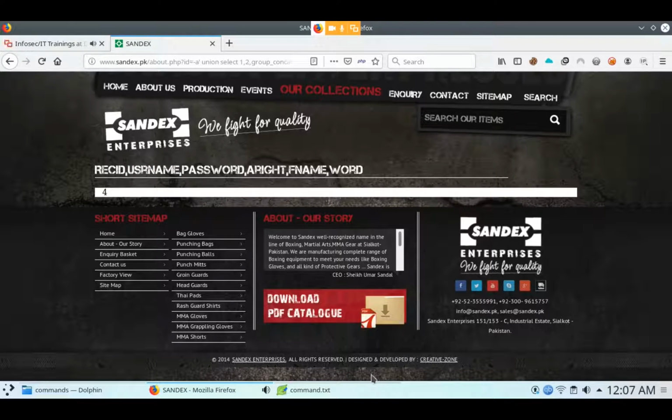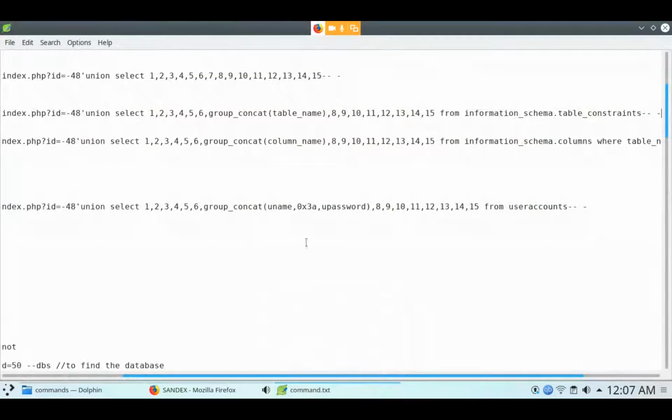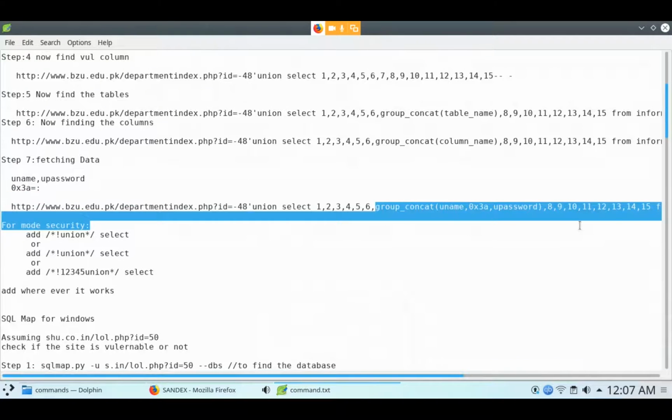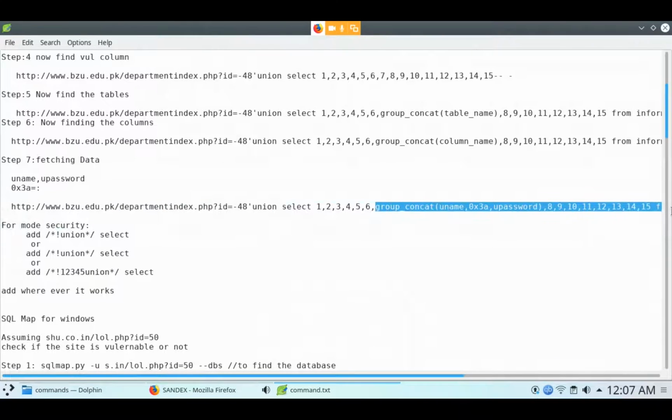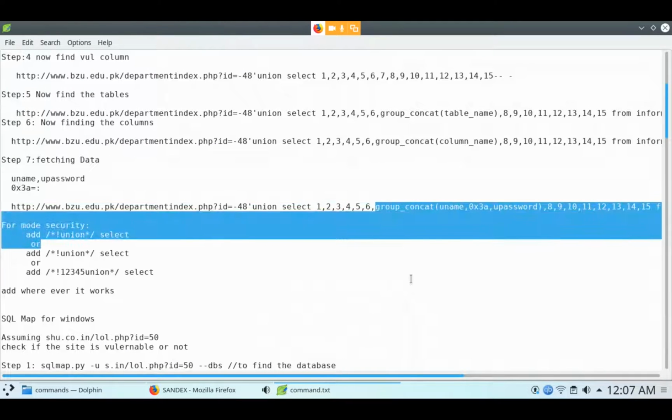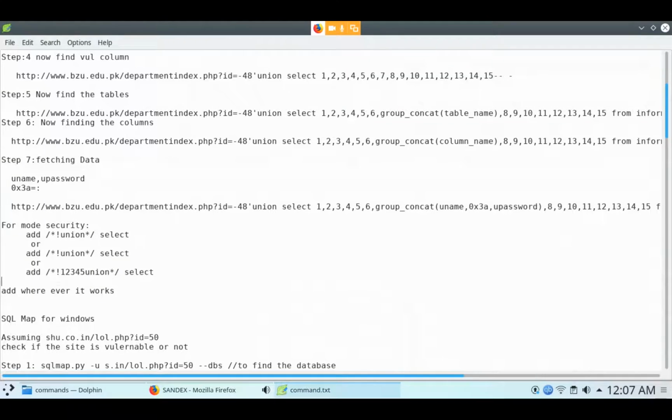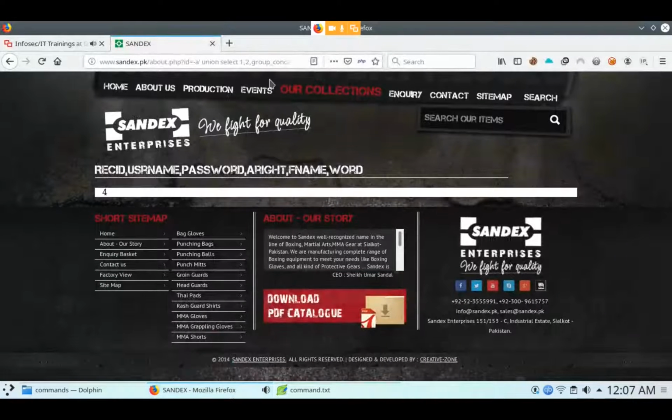Then what will be the next command? The next command is here. You have to write this one command. 1,2 group_concat.